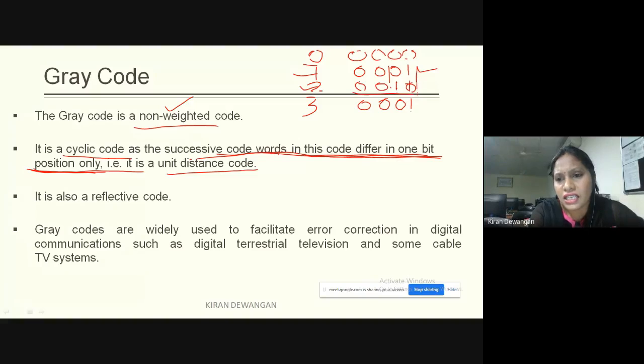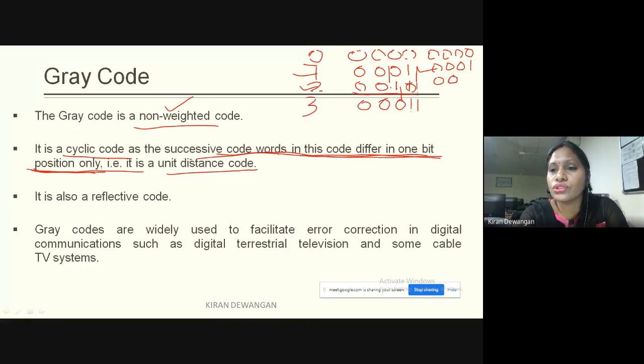This is continuing, this is changing. Clear? First one was 0 0 0 0. For 1 it was 0 0 1. For 2 it was 0 0 1 and 1.